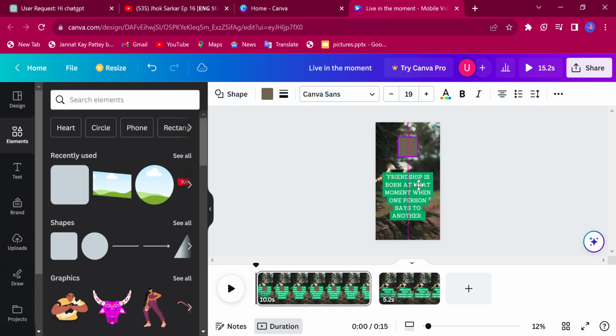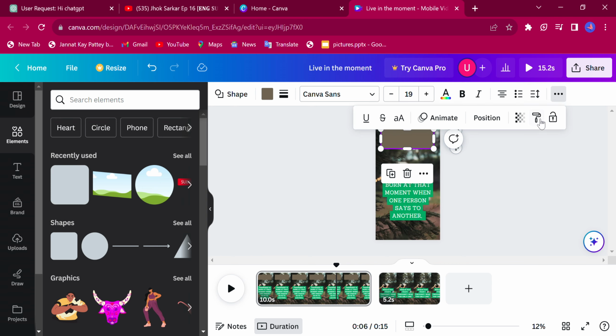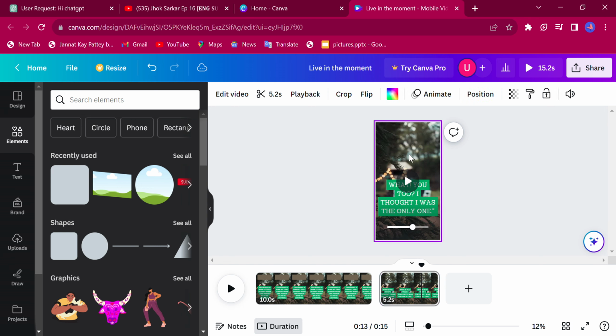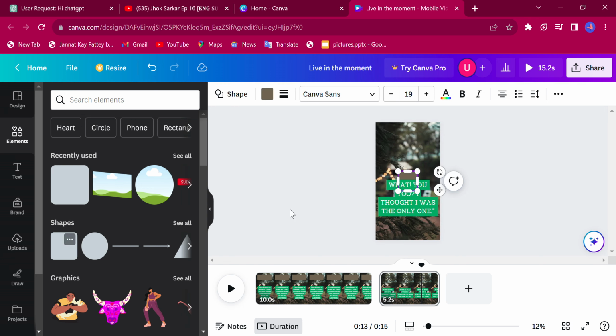I am going to take this box in here and I am going to enlarge it, and I'm just going to take the style from here and paste it here. So you can also do that, and I'm taking another box in here and I'm gonna enlarge the box